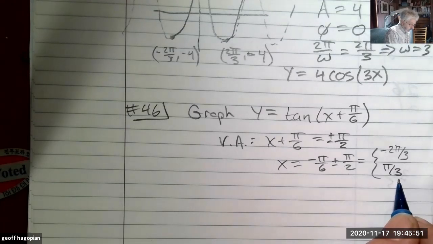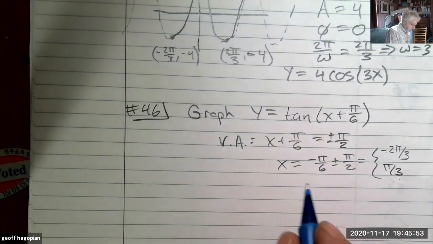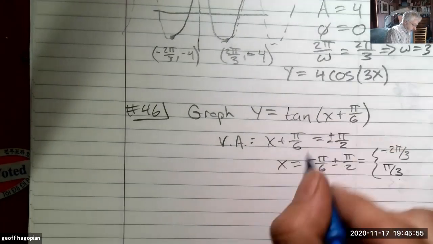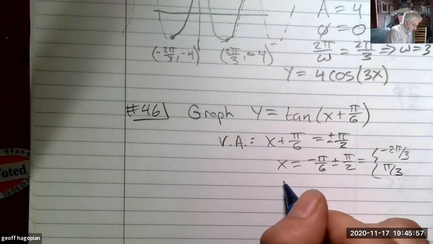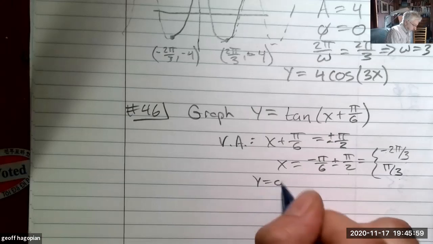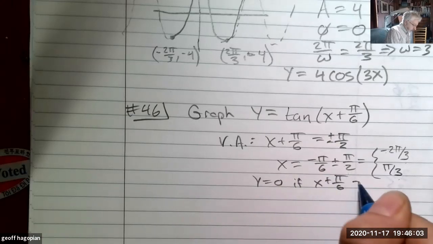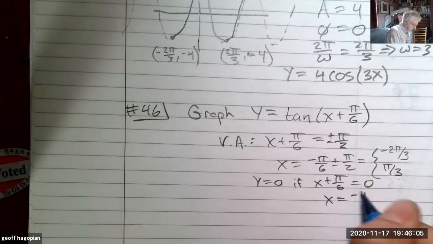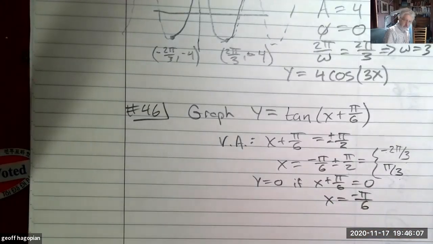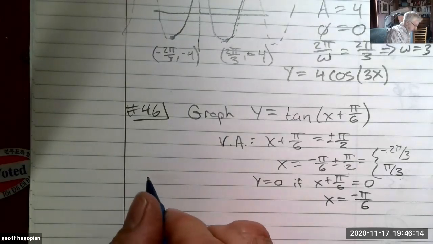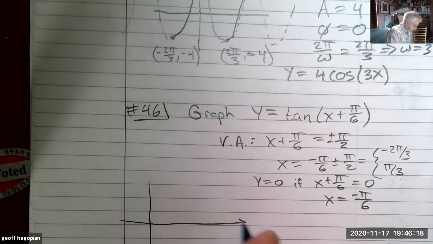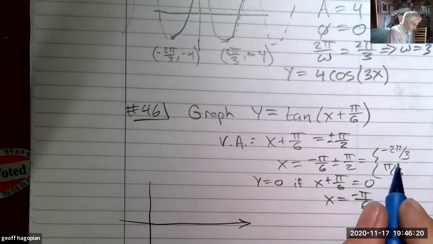So those are my vertical asymptotes. And if you want, y equals 0 if x plus pi over 6 is equal to 0, which is x is negative pi over 6. So that gives us the vertical asymptotes and the intercept, which is really all we need, plus the idea of what the shape is. So when we make a graph,